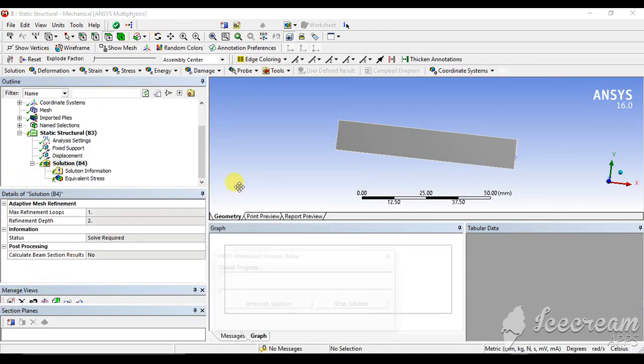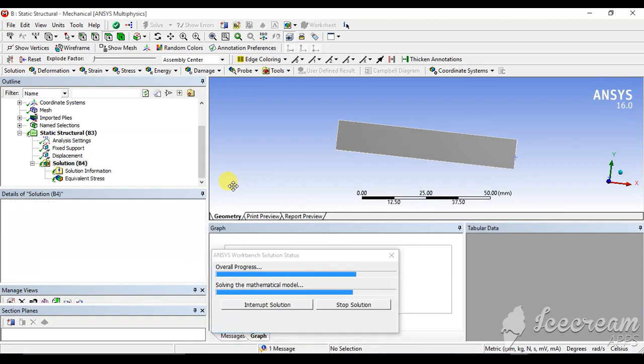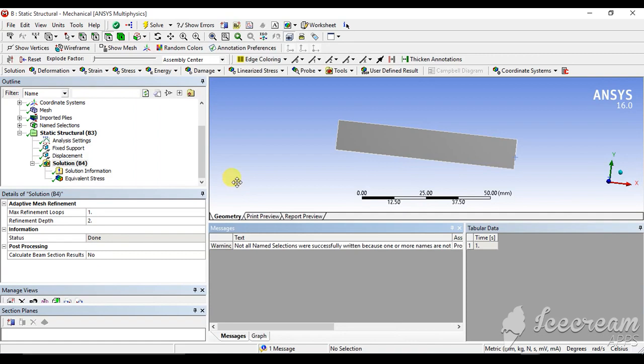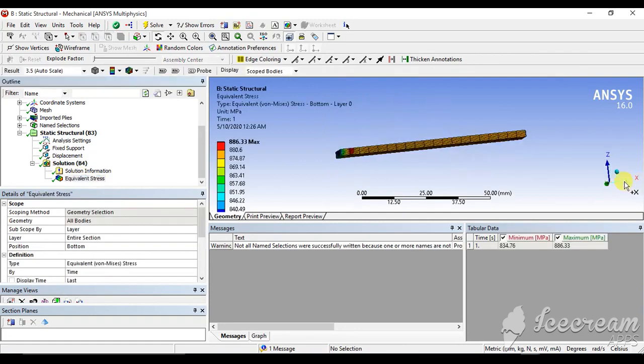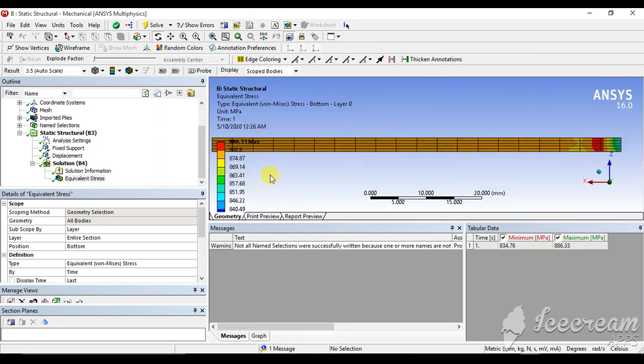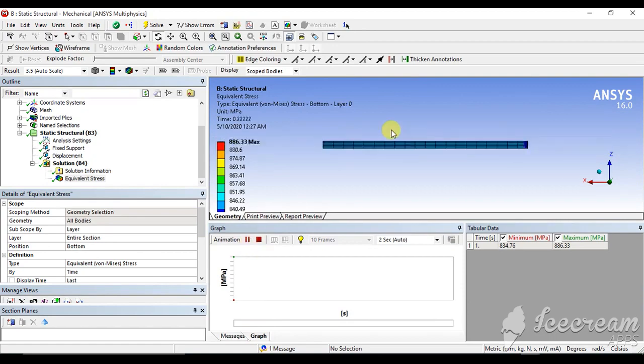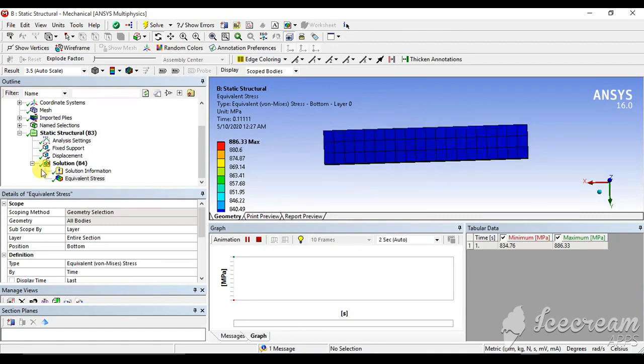Click on solve. So we can see here the stress developed due to the displacement.